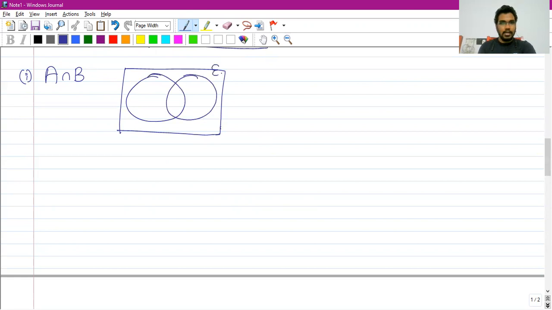So we can name this one as the universal set. So if this is set A and if this is set B, we can denote A intersection B as this common area. We can shade this one and show this is the A intersection B. So normally we use this method, this one, and if there is a special instance like this, if there is